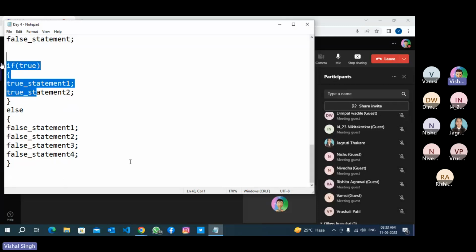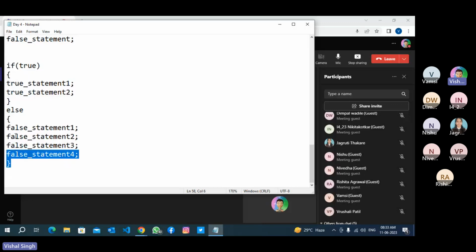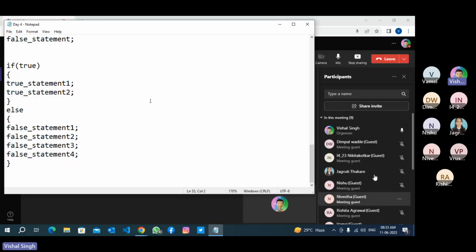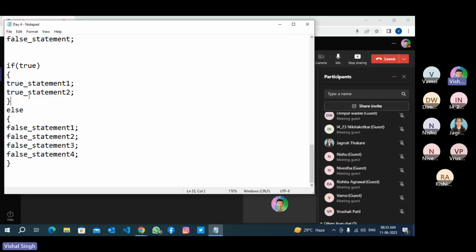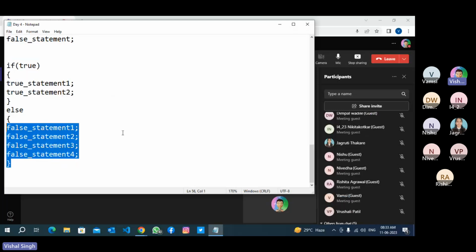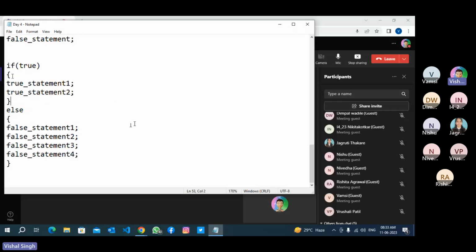And in if and else, only one block will be executed. Okay, if this part will be executed, this will not, and if this part will be executed, this will not. So which part will be executed? When this if gets true here, this part will be executed. If this if gets false here, the else part will be executed. Okay, now